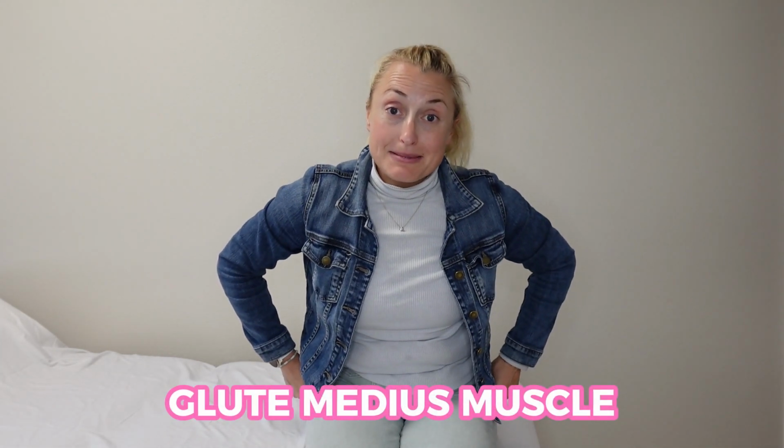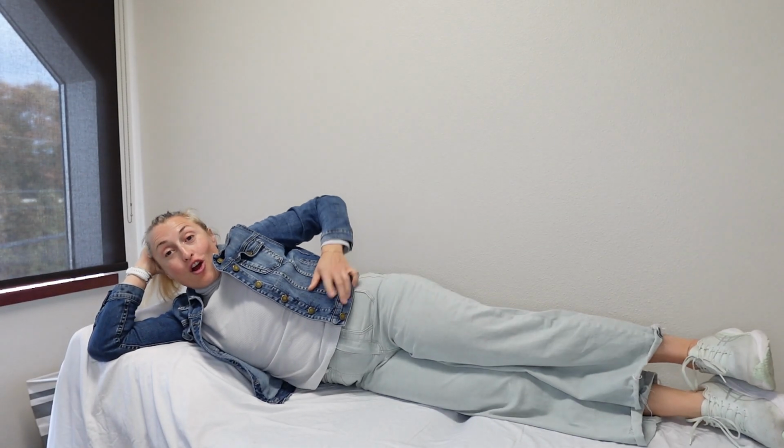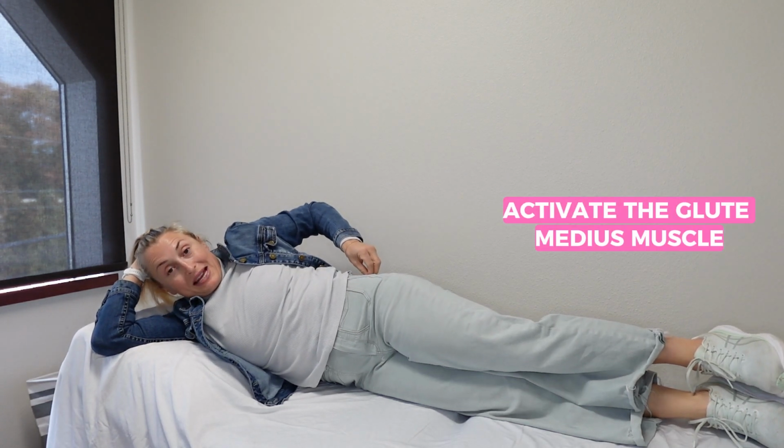Because what that's doing is it's just teaching the head of the femur to slide in the socket where it's not typically used to sliding. Now we're going to do a strengthening exercise to turn on our glute medius muscle, also going to help us release the front of the hip, taking some of the load off the hip flexor tendons and load off of the hip labrum. So we're lying on our side here, and our goal is to activate the glute medius muscle,